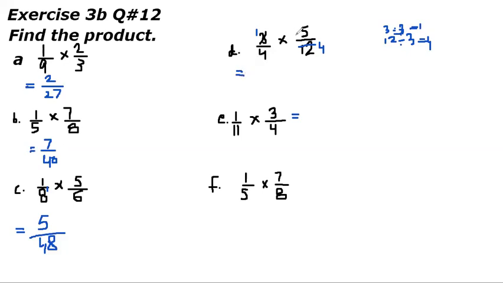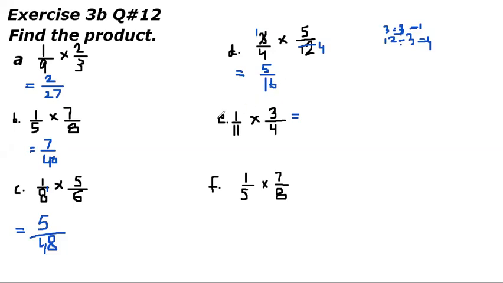Now after cancelling, you have to check this diagonal also. 5 and 4. 4 is not a factor of 5. So there is no need of cutting 4 and 5. You can check up and down also, because cancelling up and down is also possible. This is 1. When there is 1, you don't need to make any cancellations. 5 is the numerator and 4 is the denominator. 4 is not a factor of 5. So now we have to do multiplications. 1 times 5 gives us 5, and 4 times 4 gives us 16.